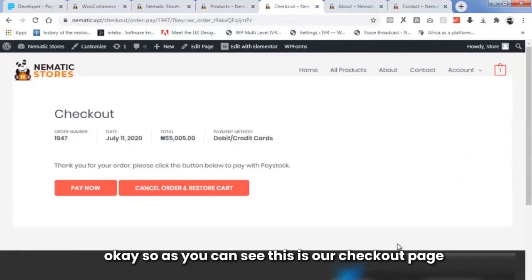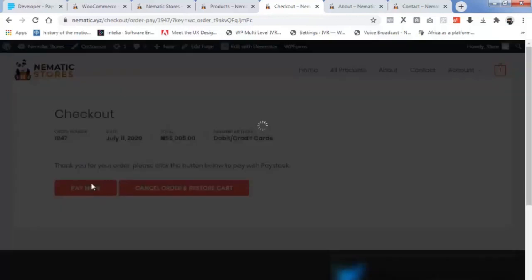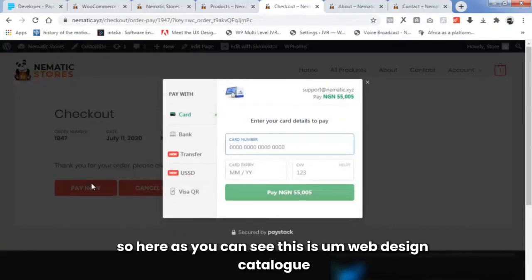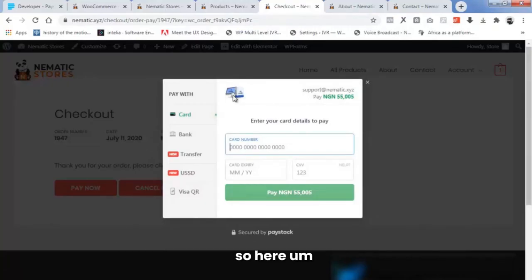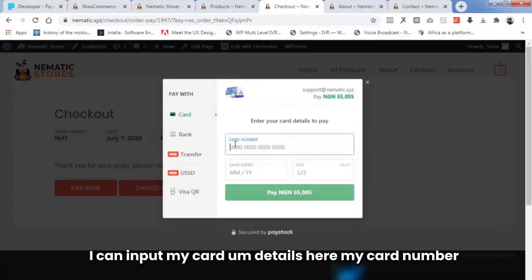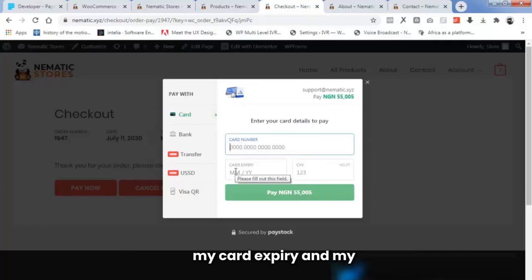Okay, so as you can see, this is our checkout page. Here we can click the button below to pay with Paystack. All right, so I'm going to be clicking on pay now. Here, as you can see, this is web design Catal. Here I can input my card details, my card number, my card expiry, and my